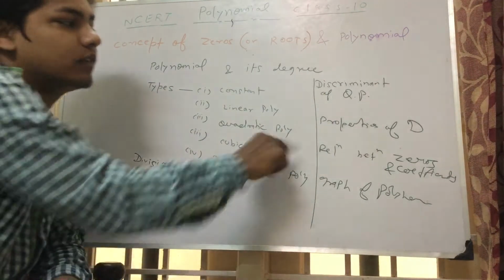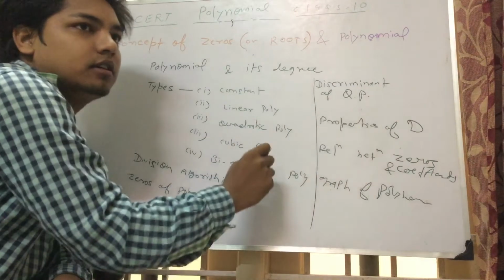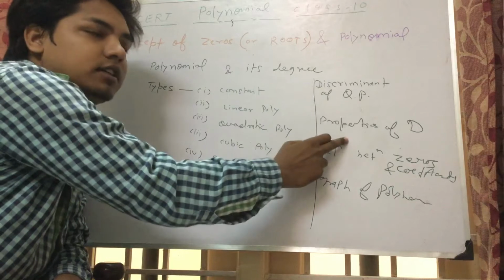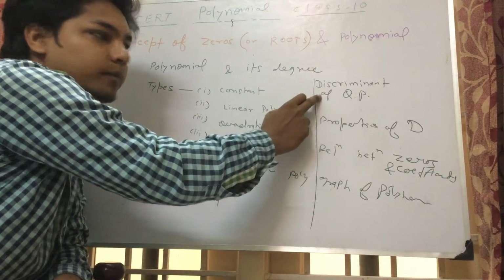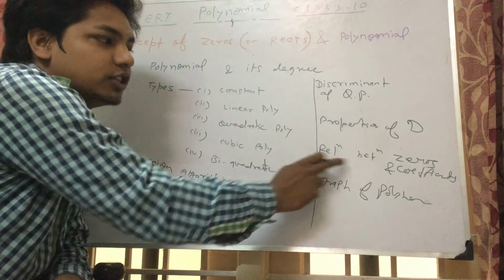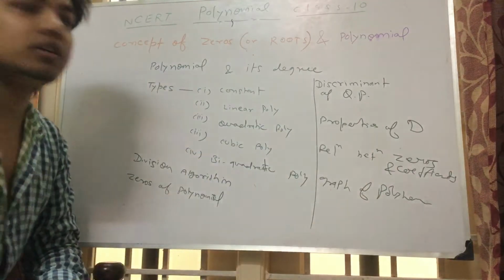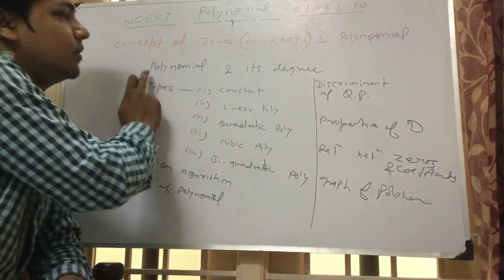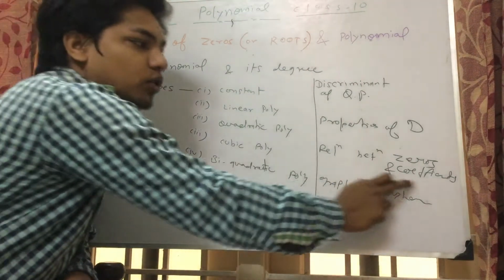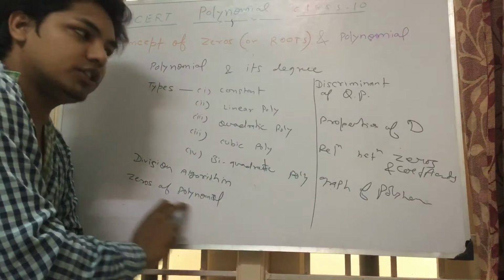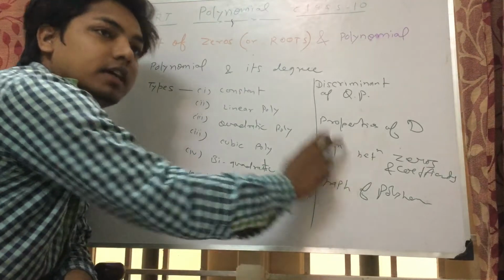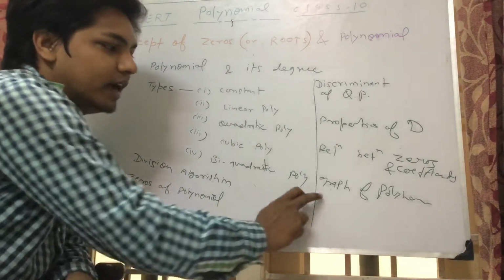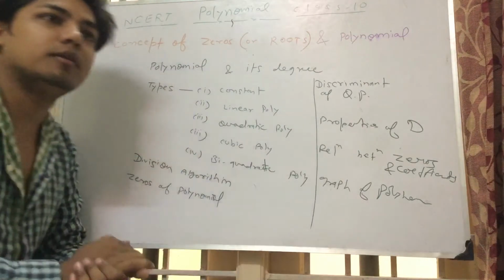After that we will discuss properties of discriminant. So here we'll learn what is discriminant of polynomial, and then we'll discuss properties of this discriminant, and then we'll discuss the relation between zeros and coefficients. When we finish this, what is polynomial, here we'll discuss what is coefficient, and here we'll discuss what is zeros. Then in this topic we'll discuss the relation between these coefficients of polynomial and zeros of polynomial, and in the last topic we discuss the graph of a polynomial.